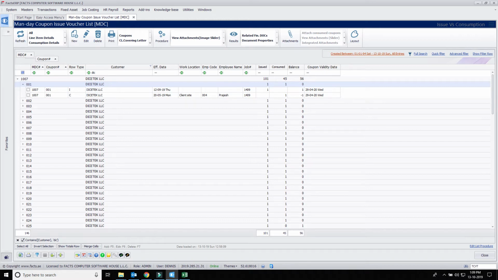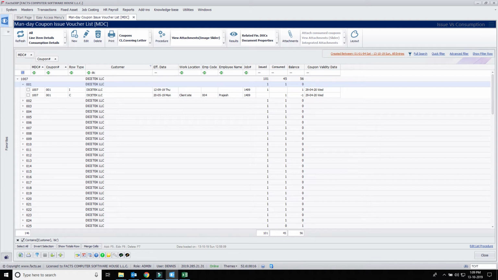Coupon already consumed, finished. No, coupon not issued. Not issued and consumed, it will not happen, because the coupon has to be there for the scanner. So the mistake is like the coupon is scanned 2 times. Coupon is consumed 2 times. Such a practical mistake can happen, which is getting notified immediately.